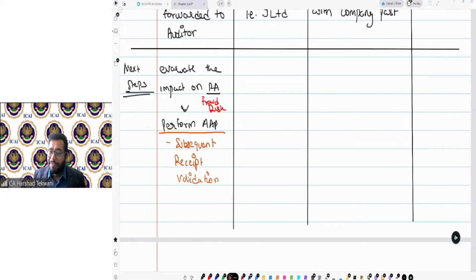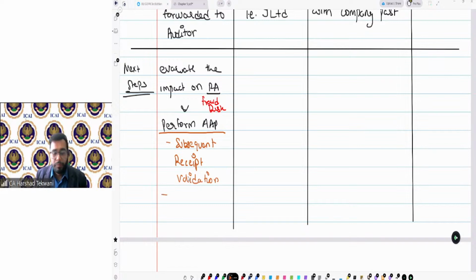Let's say as on 31st March, the balance is 100. Whether by the end of June when I'm doing the audit, or if I'm doing the audit in July or August, what is the amount that we have received in our bank account? Whether we have received the amount against all those invoices which were open on 31st March. So what is our exposure?